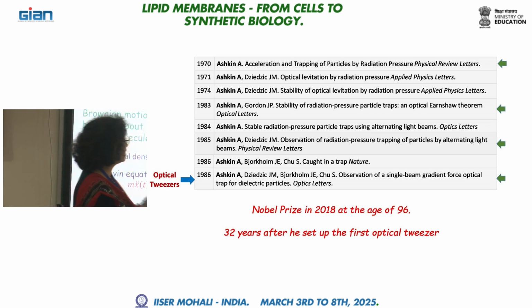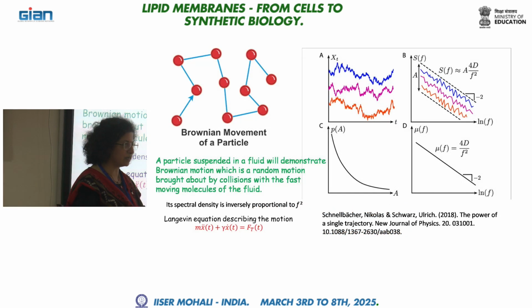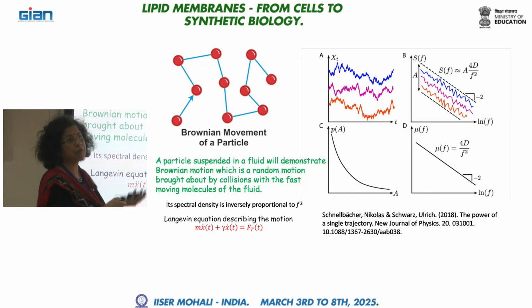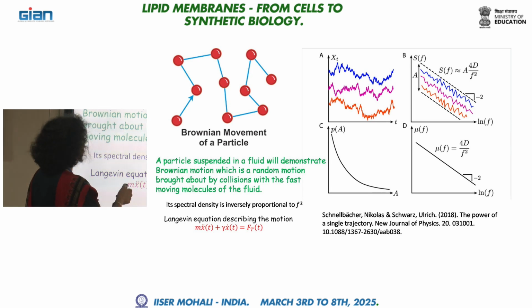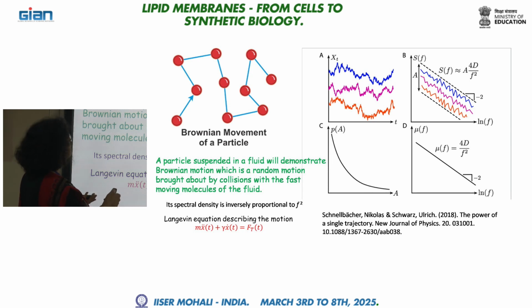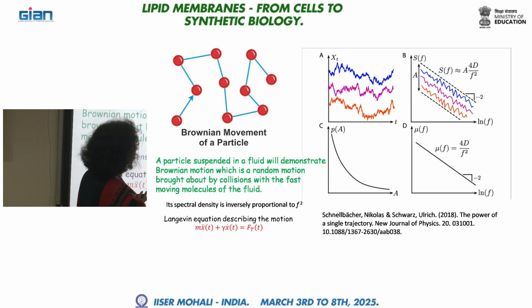So the first thing I would like you to understand is that when there are small particles suspended in water, this is what you would see, okay, a Brownian movement of the particle. Now the question is, how do you actually quantify this Brownian movement? This is happening because the particle is constantly being bombarded by the water molecules around it. So it is essentially doing what we call a random walk. These are certain trajectories that you can see. It's a random walk. However, there is some